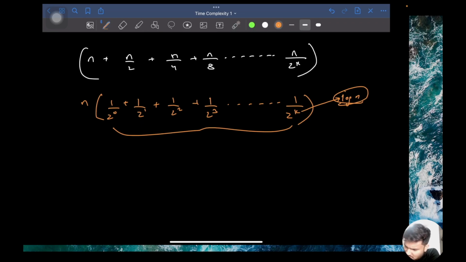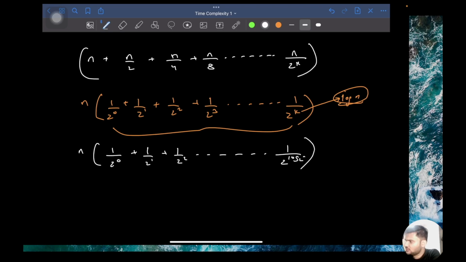So we can say that this is equal to 1 by 2 raised to 0 plus 1 by 2 raised to 1 plus 1 by 2 raised to 2, and so on, up to 1 by 2 raised to the power log of n to the base 2. This is a geometric progression. What is the sum of a geometric progression? The sum of a geometric progression is